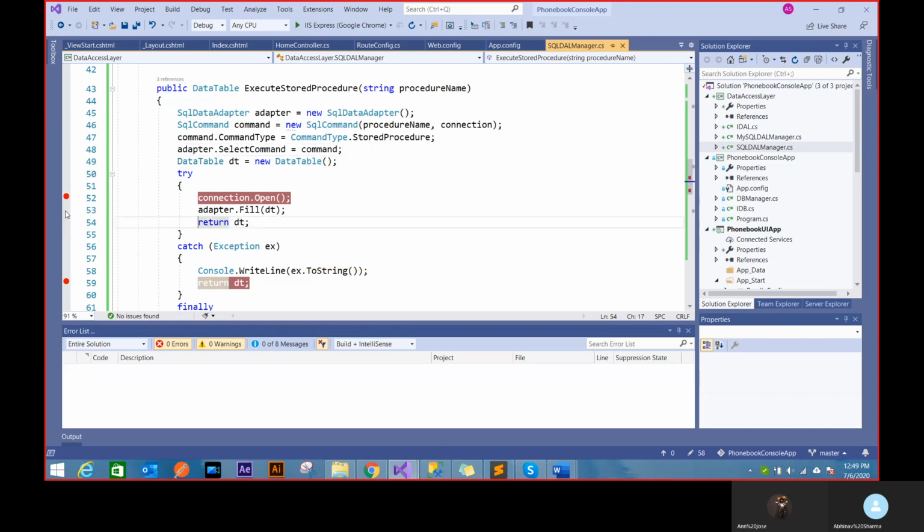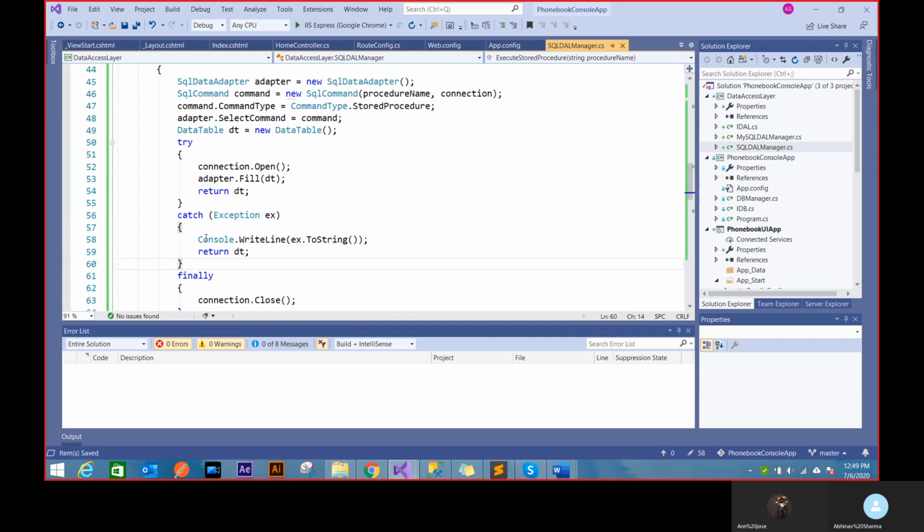Yeah, it's better to come to the catch to see what is there. Yeah, because now there's no such thing as console right now, right? Even the connection problem also, it will display it, correct? Yeah. So there's no such thing as console right now in the UI. So you won't be able to see exception happening on the UI.